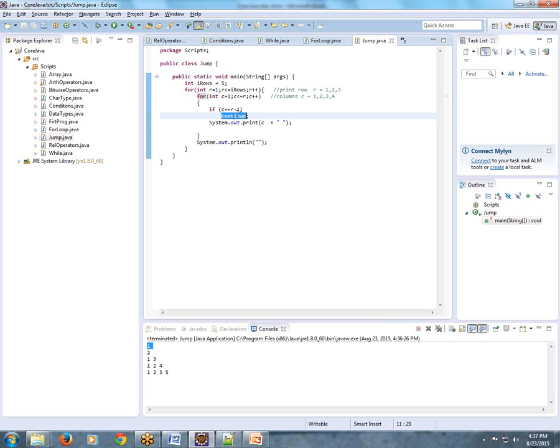When it is running this continue statement, what is happening? In the second row, 1 is not printed. Look at that here. In the second row, 1 is not printed. That means when C equal to 1, this condition passes and it executes this continue statement, and it is not running the System.out.println statement. Only it executes continue. After the continue, it is not running System.out.println. That's why 1 is not printed in the second row. So instead of running this second statement,